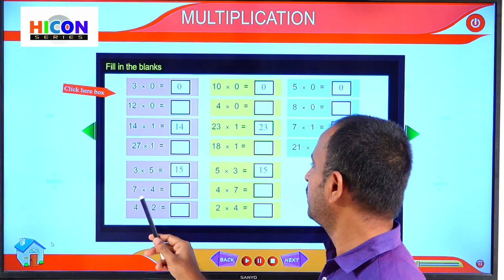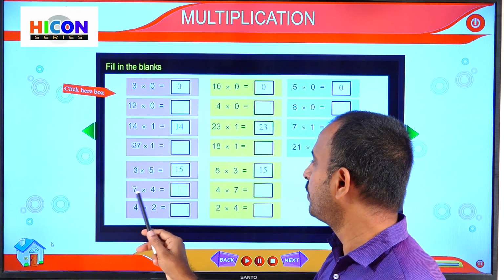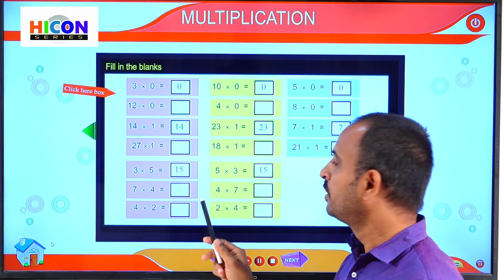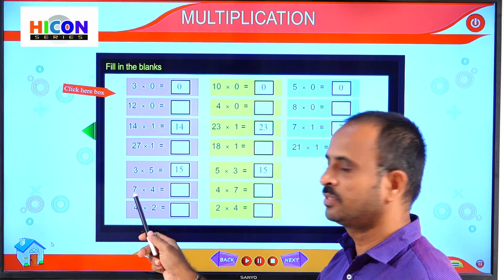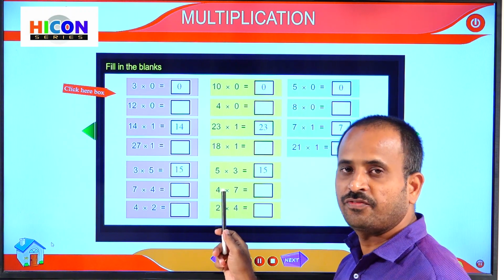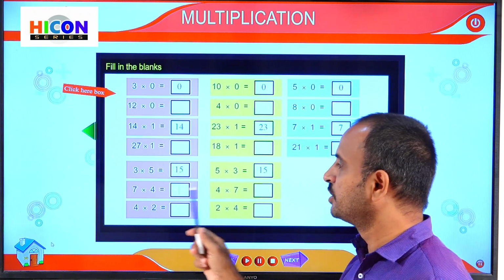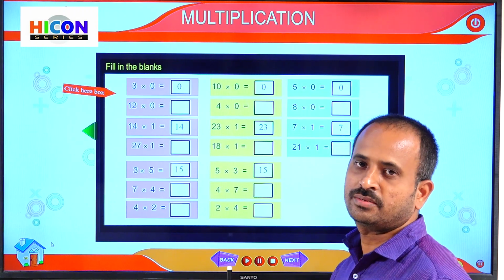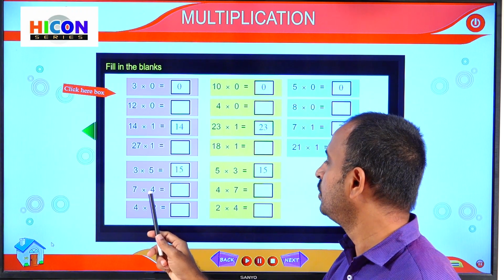See one more example here. So observe these two multiplications. In the first multiplication we have taken 7 and 4. In the second multiplication also we have taken 7 and 4. But the difference is their order is changed. So 7 is taken as first, 4 is taken as second, whereas in the second one, 4 is taken as the first and 7 is taken as the second. So now the order is changed, and if we multiply two numbers in any order, we will get the same answer. So first write the multiplication of these two numbers, that is 7 into 4.